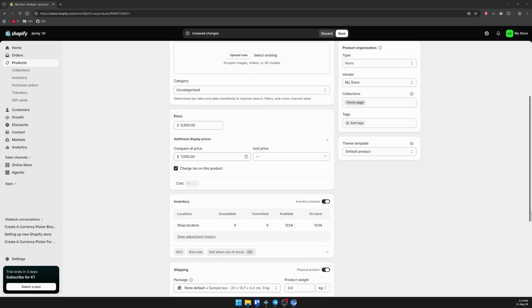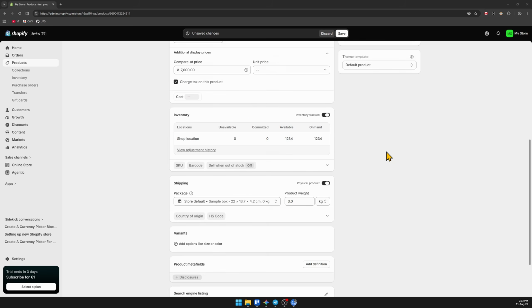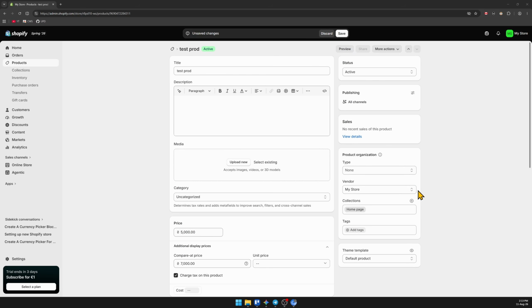Also, if your product has multiple variants, like sizes or colors, scroll down to the variants section, which is right over here, to make sure the compare at price is filled in for every individual variant rather than just the main parent item. Now, if your numbers are correct, but the strike-through price is still not visible, let's check your